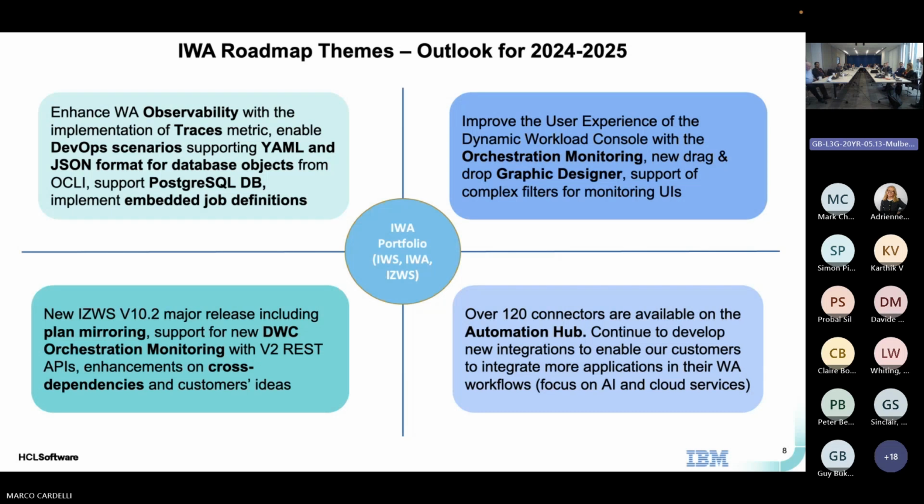The metrics part is provided in Open Metrics standard format. The logs are provided in JSON format and provide information about the workload that we execute. The third telemetry, traces, is in Open Telemetry format and provides information about performance, and performance of all the components, including the dynamic workload console, and all the components that are part of the